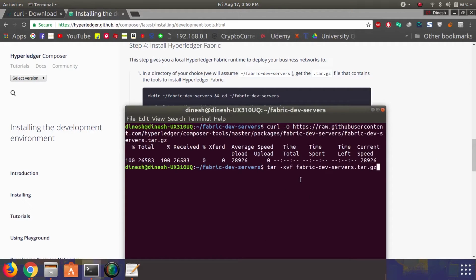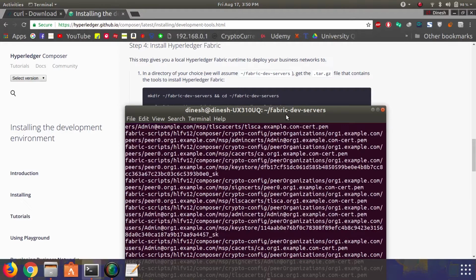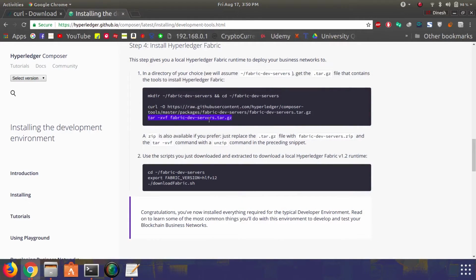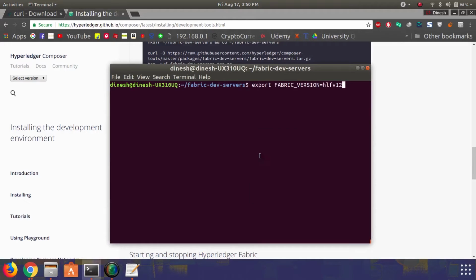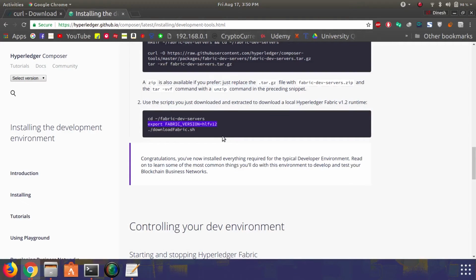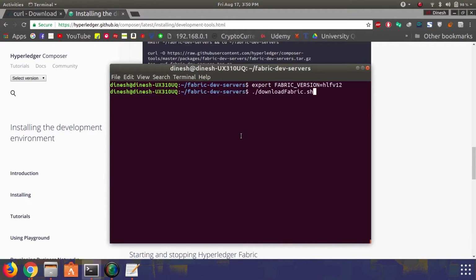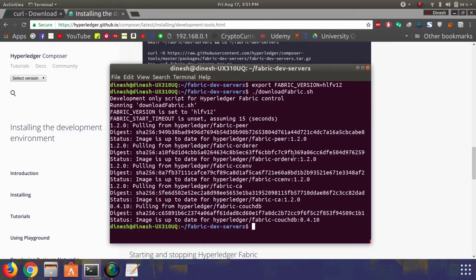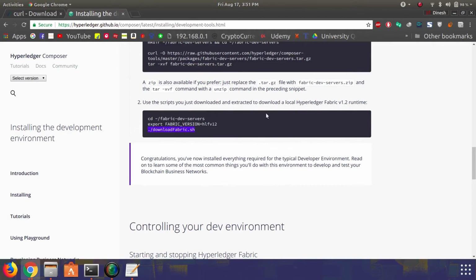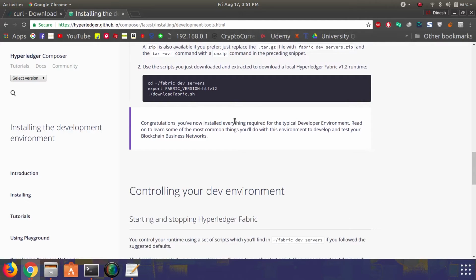Unzip the archive file and set the Fabric version to version 1.2 or the latest stable version. Once the version is set, execute the download Fabric shell script. And that's it. Congratulations! Now you have installed everything required for the typical developer environment.